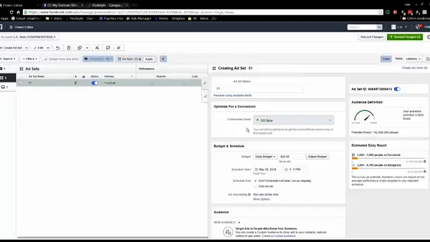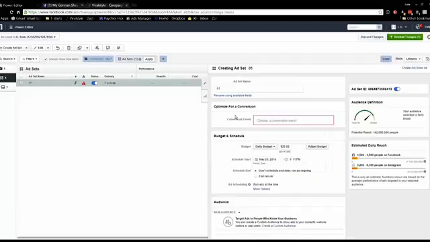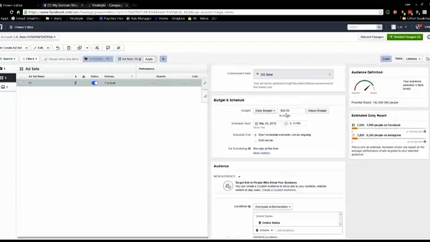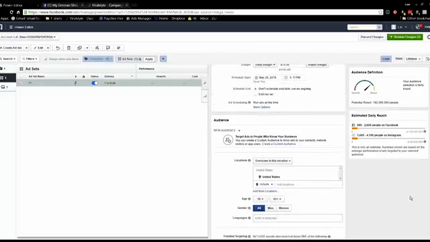With a website conversion, you have to optimize it for a conversion. Okay, so you see this right here, we optimize to get the most of these conversions at the lowest cost, but it will not let you move forward without putting in a conversion event. So that's where you would plug that in. Okay, for your budget and schedule, again, we would do something like $10 or $15. It's kind of whatever you're comfortable spending on that first day and how many different ad sets you have broken up. But 10 or 15 is really the tried and tested numbers to start at in order to get your